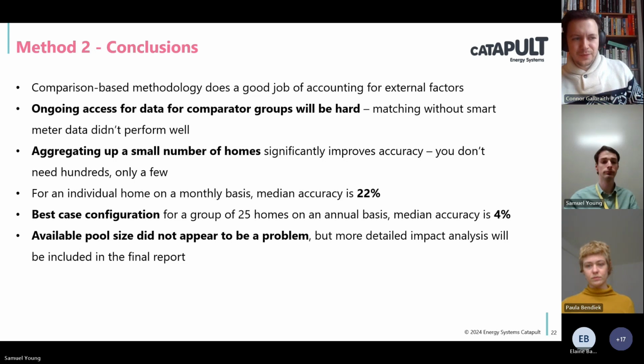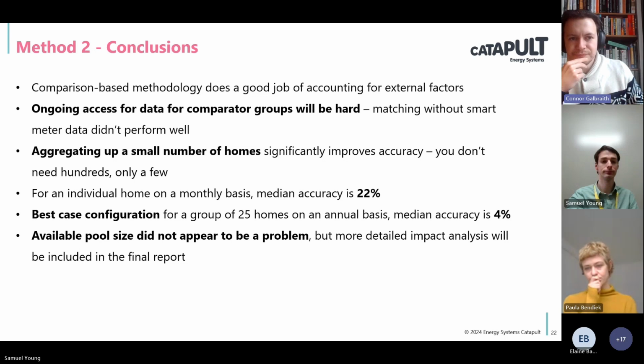Now, there have also been some other studies in the US that have tested the influence of pool size, looking at, for instance, limiting the pool of available properties to select your comparators from, like 50,000 down to 10,000 down to 5,000. It's a lot easier to get hold of smart meter data in the US because it's essentially managed by the network operators and suppliers. We didn't find it to be a problem in this data set, despite the fact that we were only operating with 3,000 properties, which is a good sign. That bodes well for making it easier to implement and maintain in practice without needing tens of thousands of properties